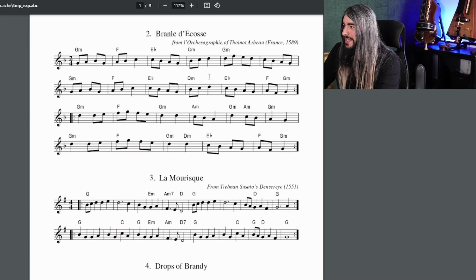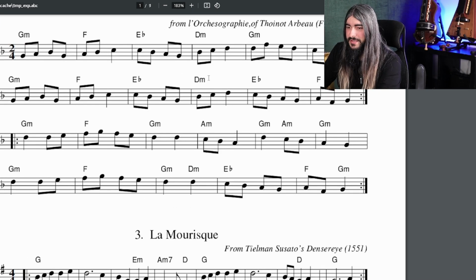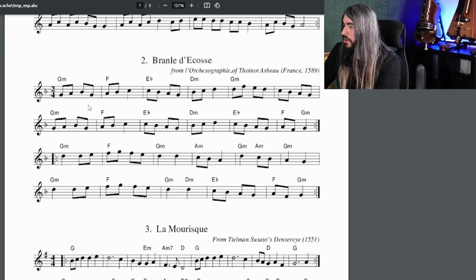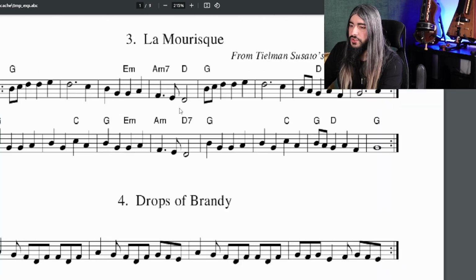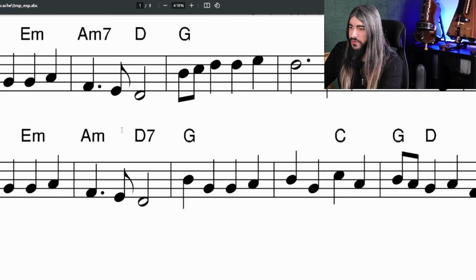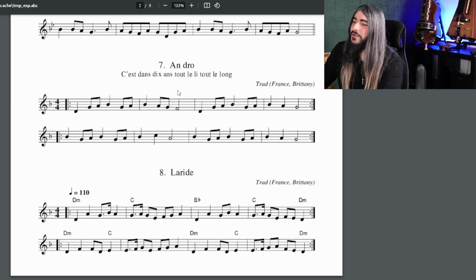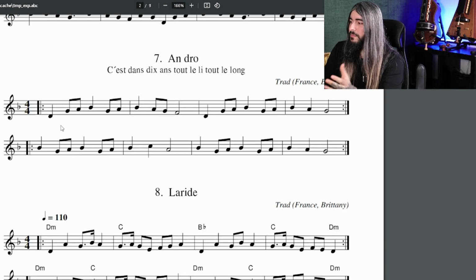Let's see, branlé de cos. This is not prepared, eh? Branlé de cos. All apples and cakes. So, guys, you understand this rhythmically. Perfect. Now, La Maurice, it has a couple of things that I will show you tomorrow, bro. This, look at this, Andro. So beautiful. Pam,